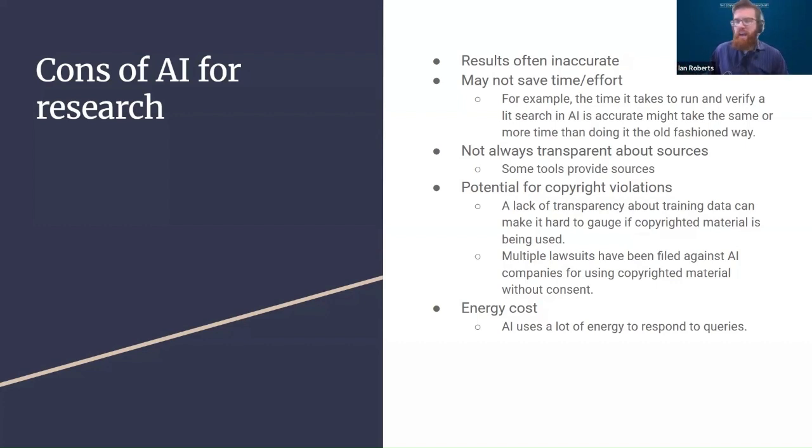Fourth, copyright issues. AI platforms are notoriously secretive about the way that their models are trained, and therefore it's hard to verify whether copyrighted material is being used. Many creators and researchers have alleged that their material is being used by AI companies without their consent, and those cases are making their way through the courts right now. So when you use Gen AI, there is a risk, not a legal one, at least not yet, but certainly an ethical one, that you're dabbling in copyright infringement.